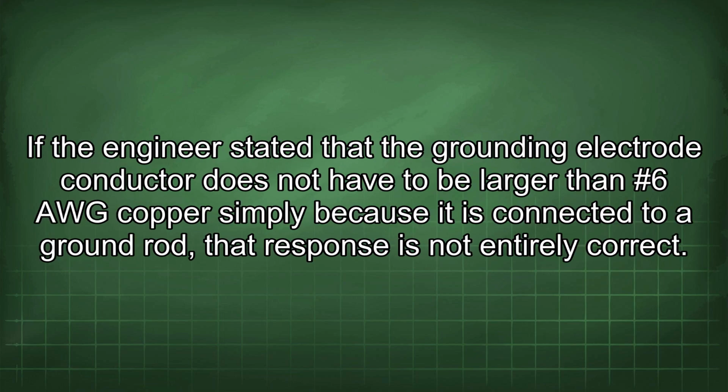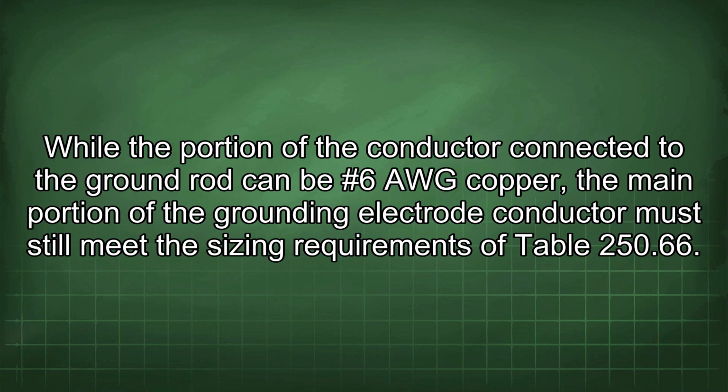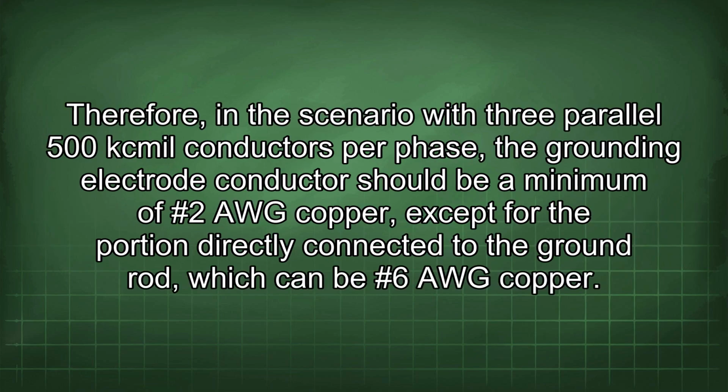If the engineer stated that the grounding electrode conductor does not have to be larger than #6 AWG copper simply because it is connected to a ground rod, that response is not entirely correct. While the portion of the conductor connected to the ground rod can be #6 AWG copper, the main portion of the grounding electrode conductor must still meet the sizing requirements of Table 250.66. Therefore, in the scenario with 3 parallel 500 kcmil conductors per phase, the grounding electrode conductor should be a minimum of #2 AWG copper, except for the portion directly connected to the ground rod, which can be #6